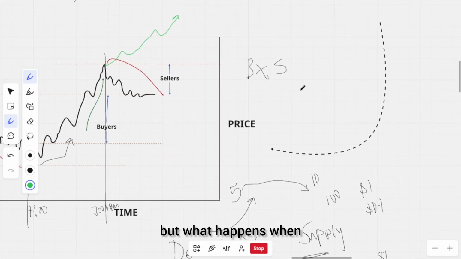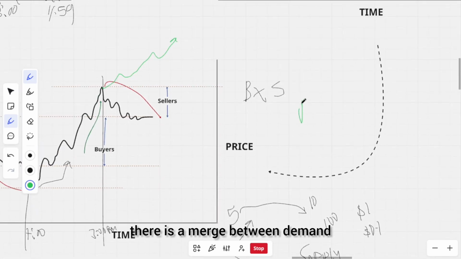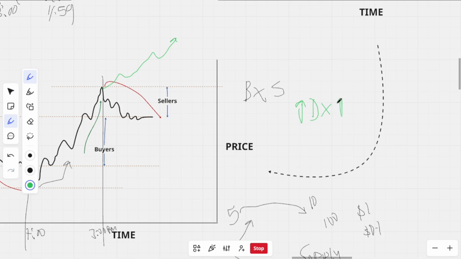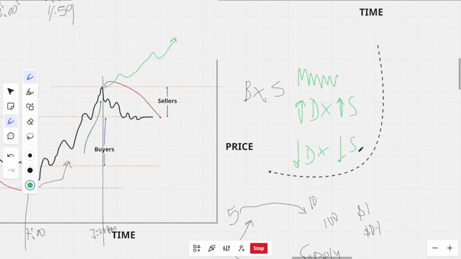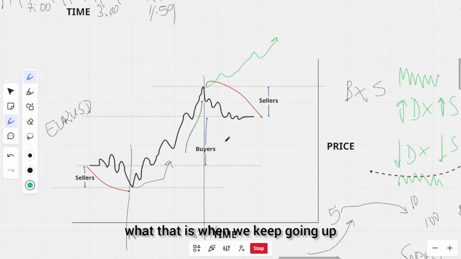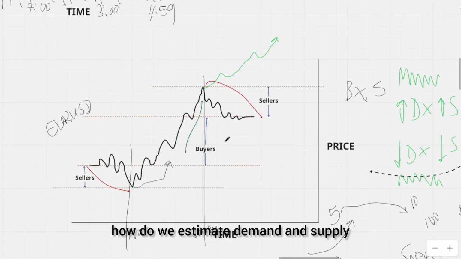But what happens when there is a match between demand and supply? We have high demand, and then we have high supply. Price will what? Range to accumulate. We have less demand and less supply. What will happen? Price will range. So that is when we keep going up, we understand how do we estimate demand and